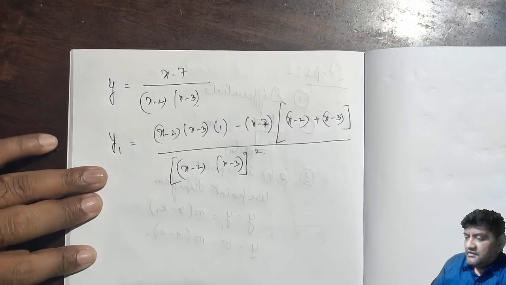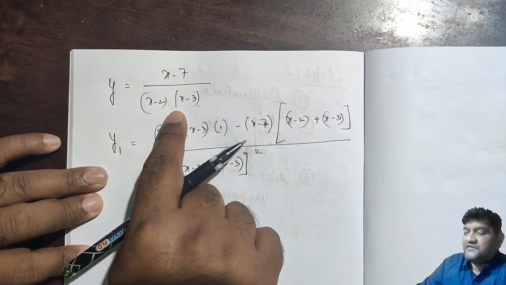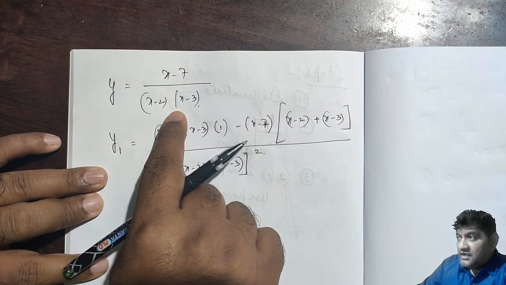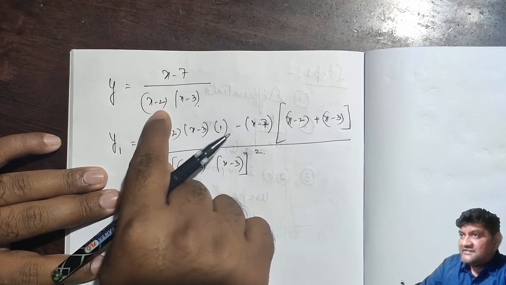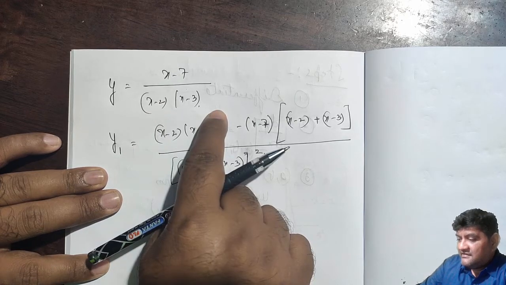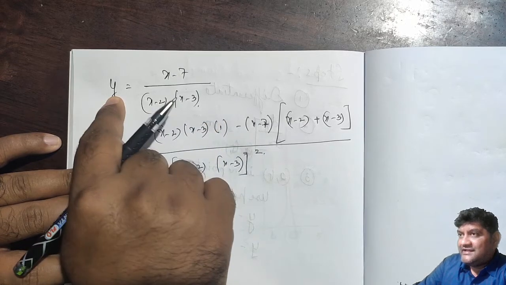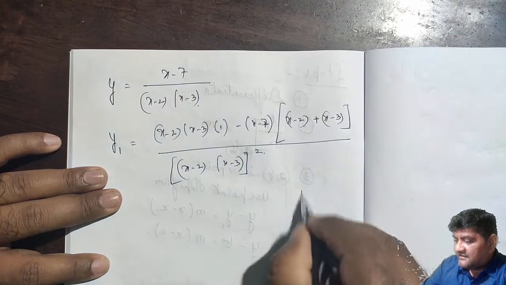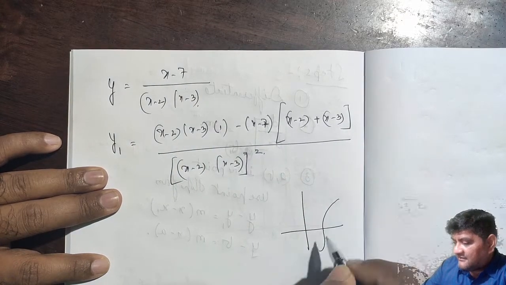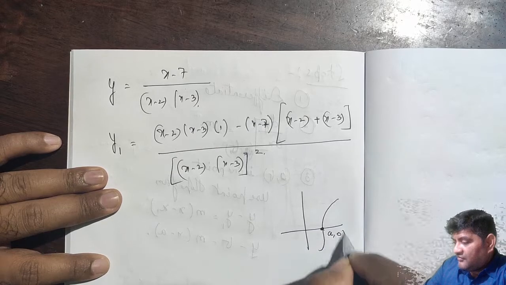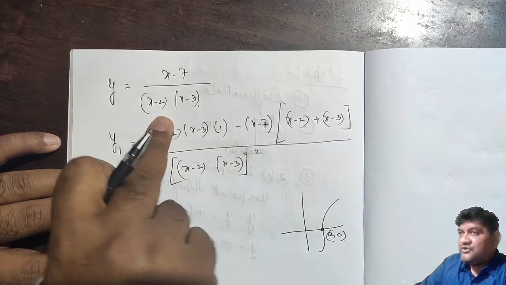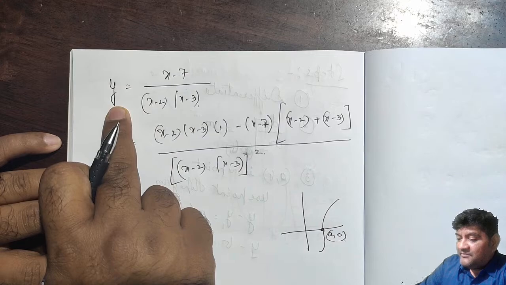Now what? I need to find the equation of the tangent when the curve is cutting the x-axis. That's what he says. When this curve is cutting the x-axis, the y-coordinate is going to be 0. Understand that. When the curve cuts the x-axis, at this particular point, the y-coordinate is going to be 0. And that's what I'm going to use here. So if the y-coordinate becomes 0,